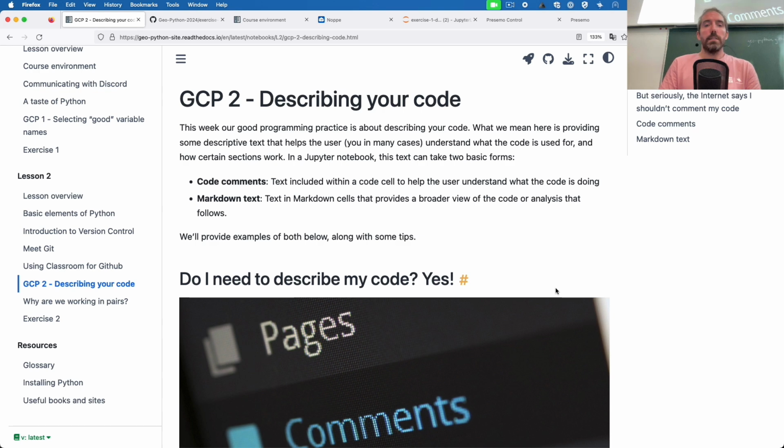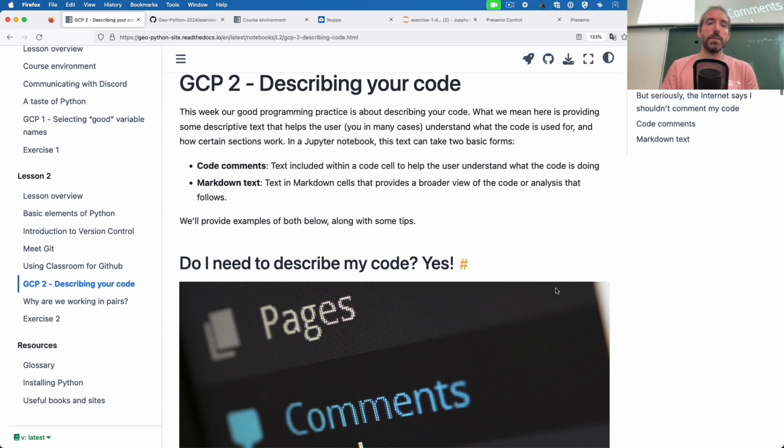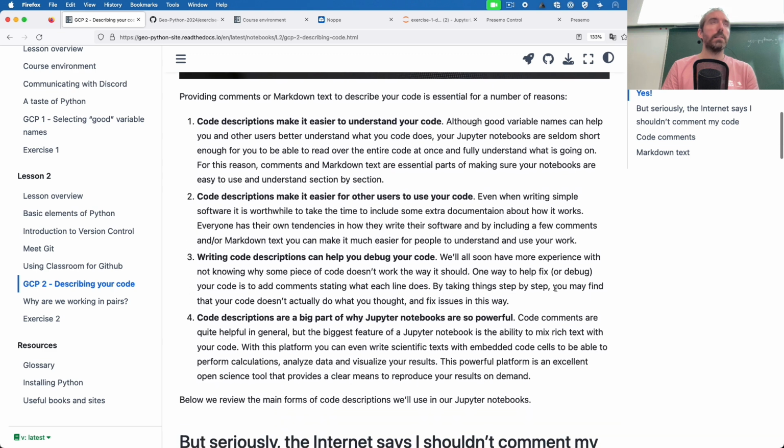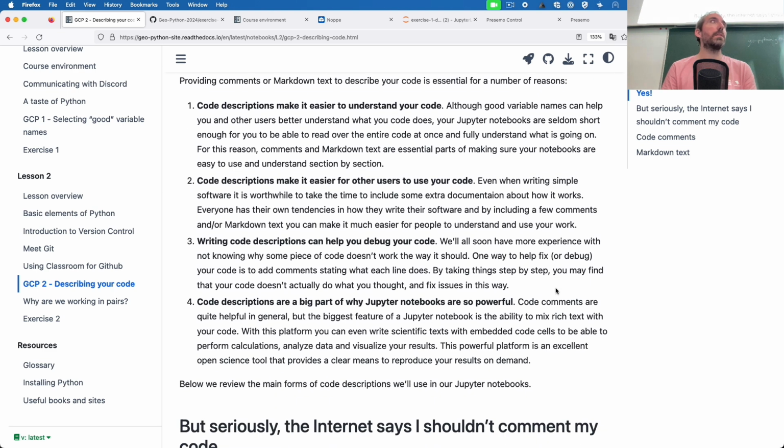And essentially this good coding practice is about describing your code. So we had last week something about variable names. We gave you some tips about useful ways to name your variables. This is about code comments. And in essence, we are going to expect you to leave comments in the code describing what you've done, because